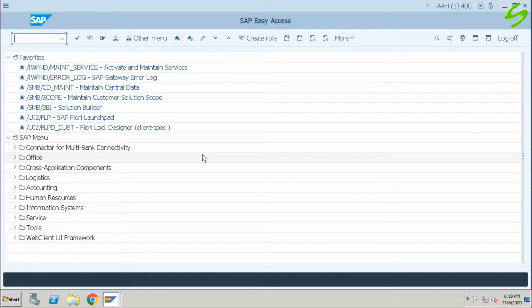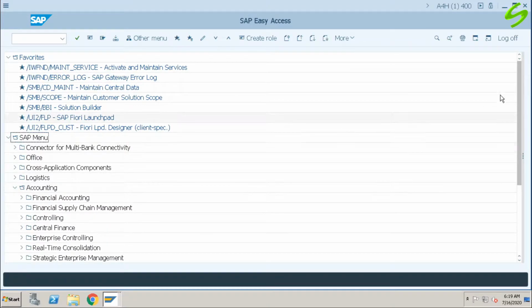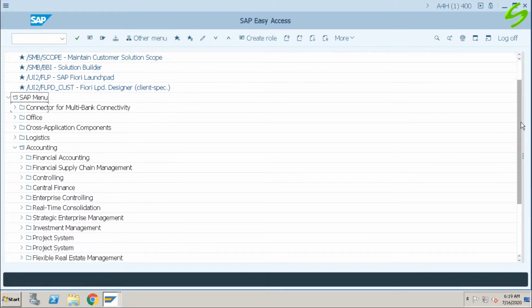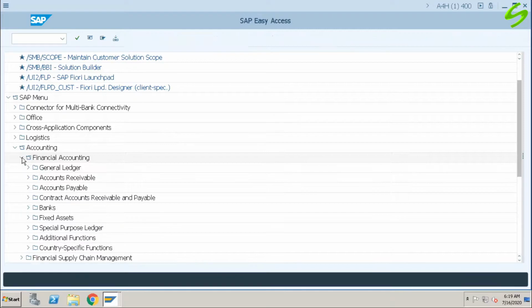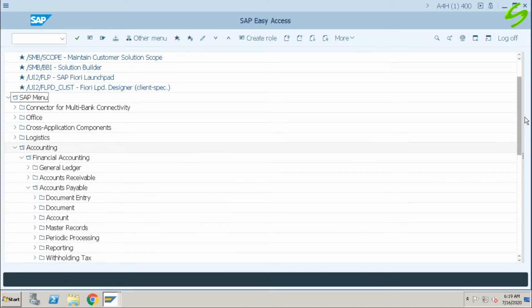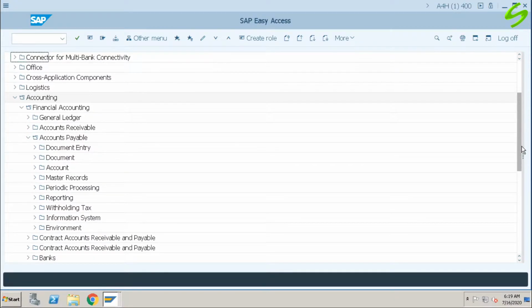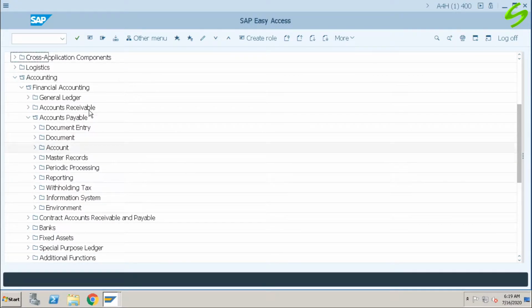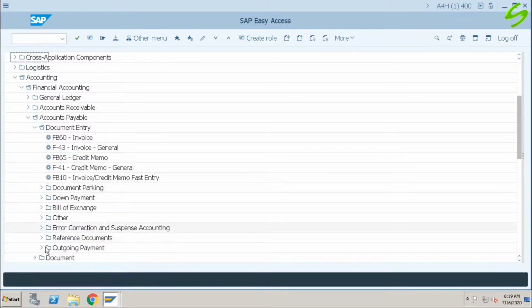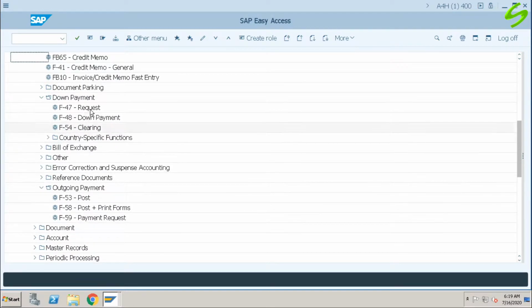Now let's go back and enter a down payment. The transaction code is F-48, or we can use the user menu, accounting, financial accounting, accounts payable, document entry, down payment.